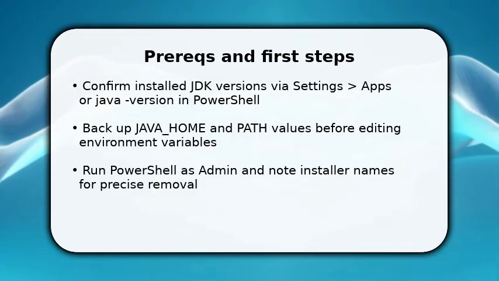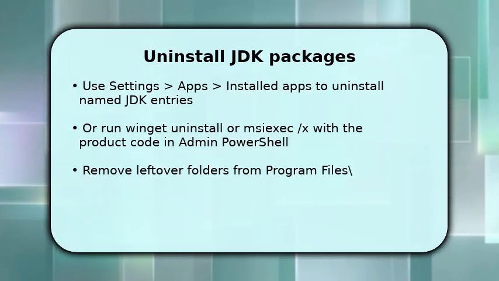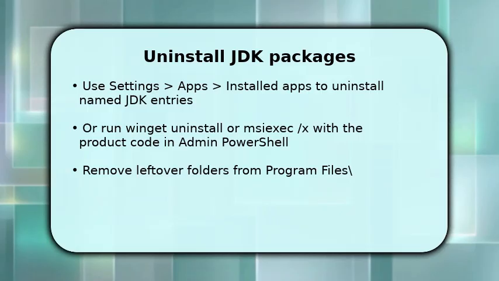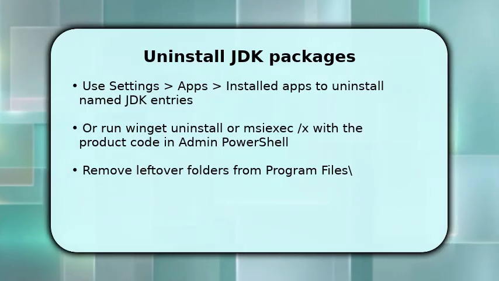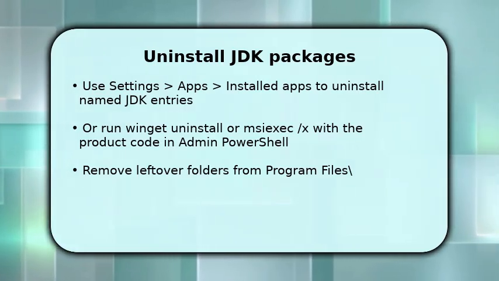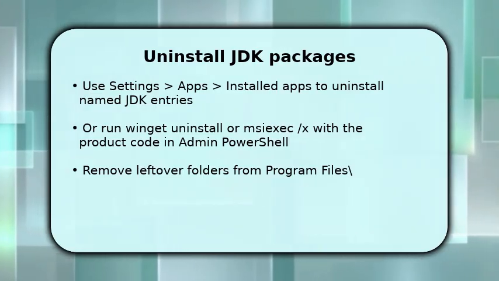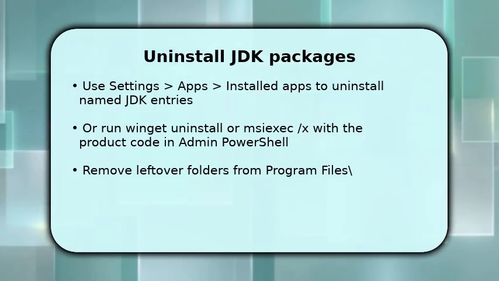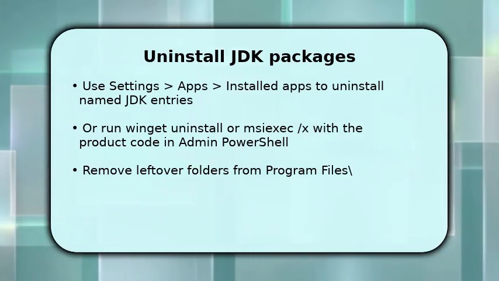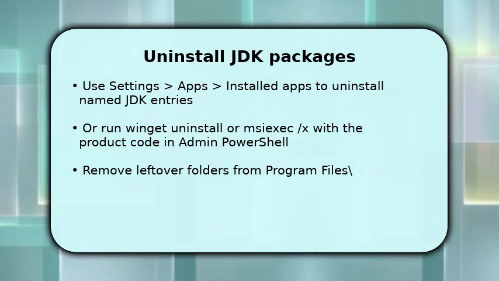You now remove the JDK packages themselves and clean residual files. First, try Settings Apps Installed Apps and choose Uninstall for each JDK entry. That's the safest route. If settings fails, run Winget Uninstall JDK or use msiexec /x with the product code in admin PowerShell to force removal. This targets MSI installed JDKs. Once uninstalled, make sure to check and delete leftover folders under Program Files\Java and Program Files (x86) to avoid